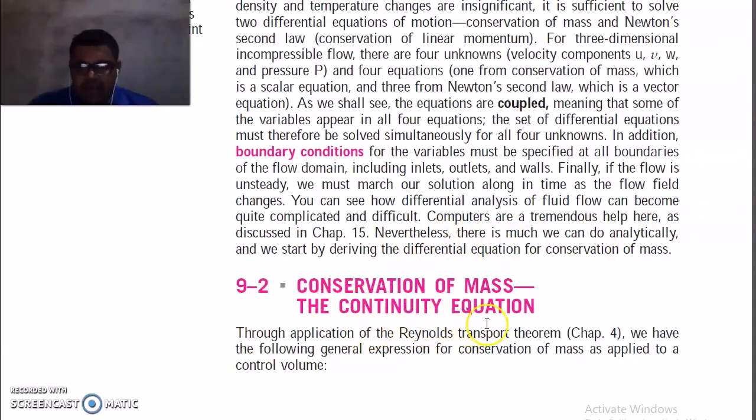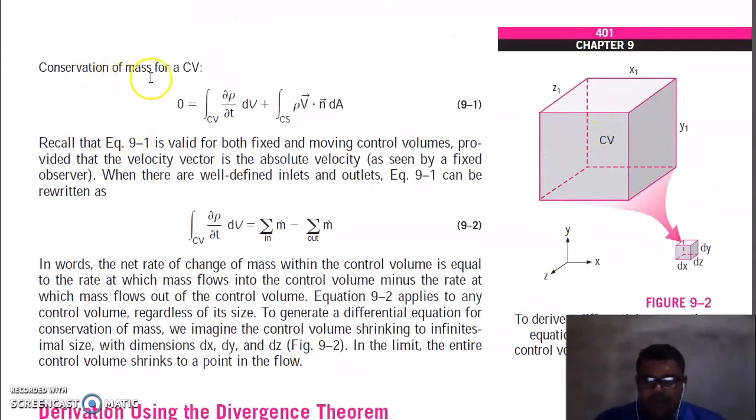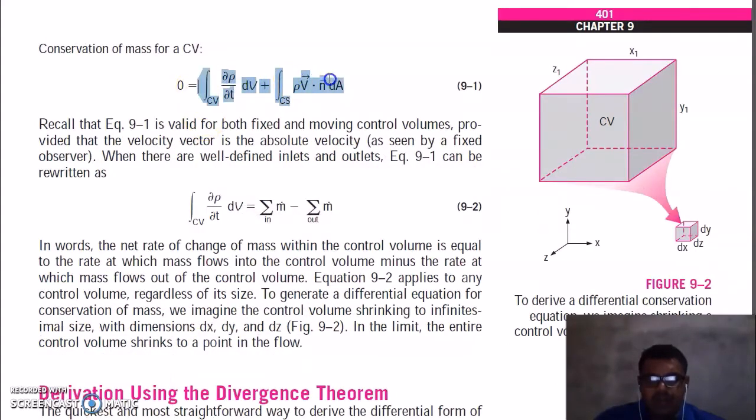Conservation of mass and the continuity equation. You can see here, this is our control volume. This is conservation of mass for this control volume: the integral of the change in density with respect to time, ∂ρ/∂t dV, over this control volume, plus the integral over the control surface of density times V dot n dA, must be equal to 0. So this is your Reynolds transport theorem for this control volume, where n is the vector normal to the surface, V is the velocity, and dA is the area of this surface. So this equation is valid for both fixed and moving control volumes, provided the velocity vector is